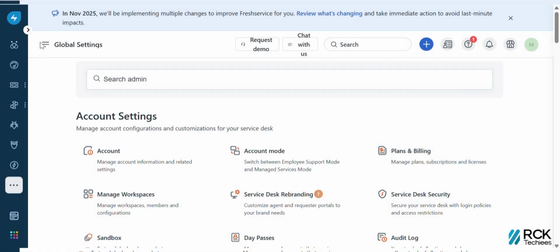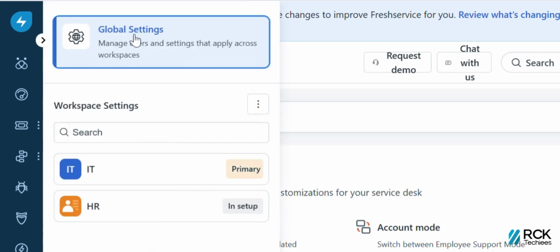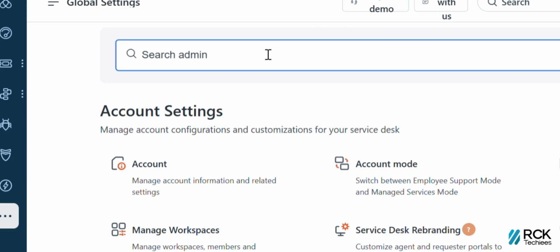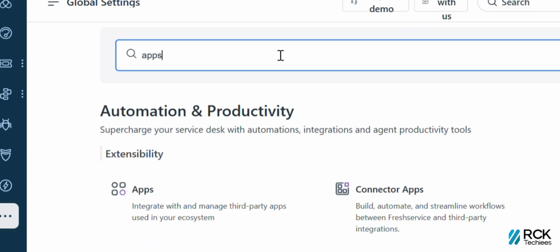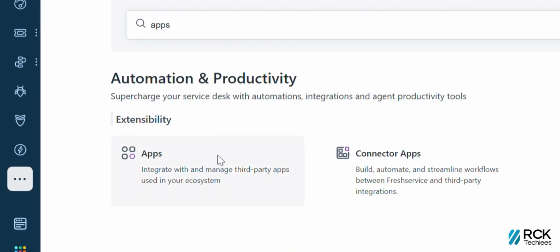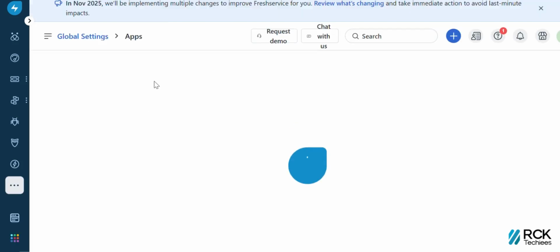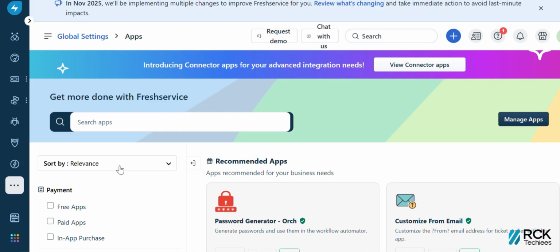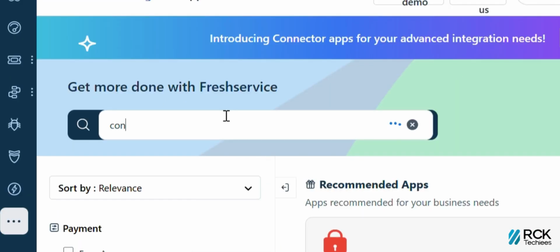To download a custom app, navigate to Admin, then Global Settings, and either scroll down to the Apps tile or use the search bar to navigate to it. Click on it, and this will take you to the Marketplace. Within the new search bar in the Marketplace, search for ConnectWise ScreenConnect,